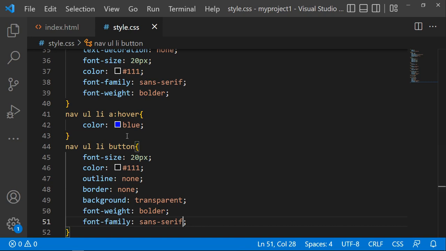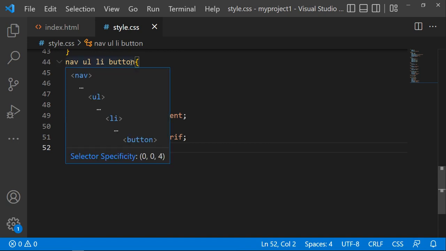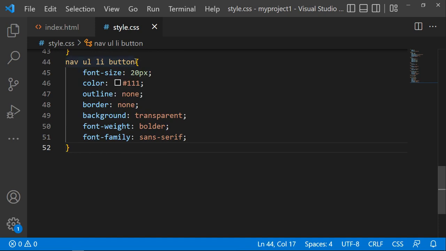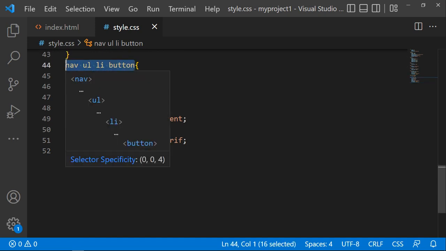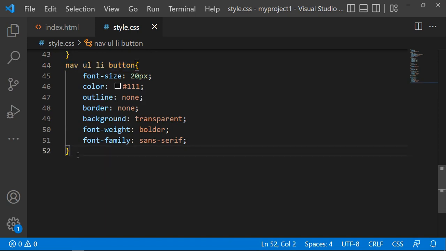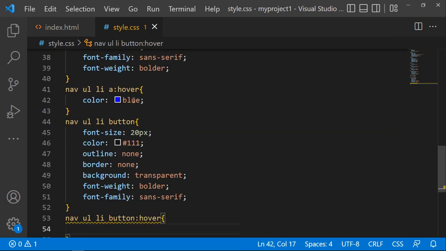Right. Now the next one is to style. Now when you place a mouse over it, it will be the same as CSS. Just need to copy this. Then